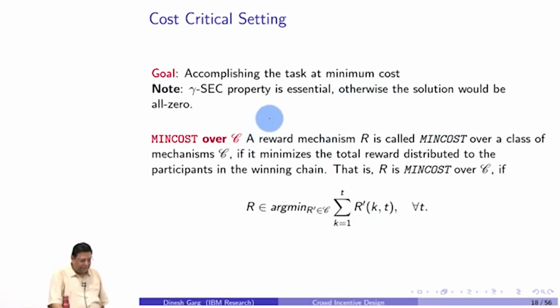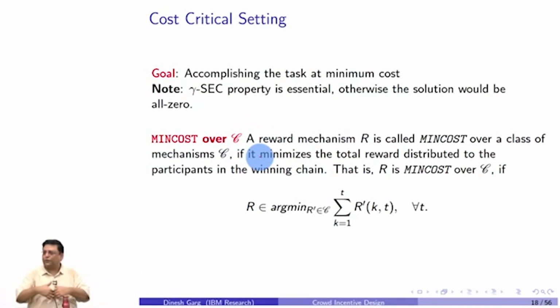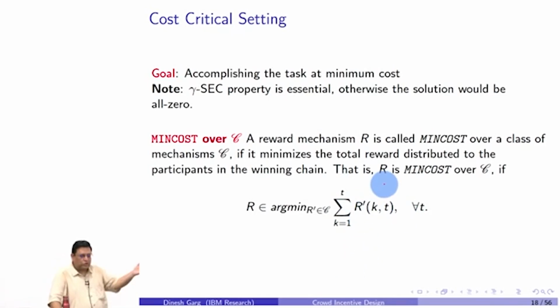So then we define something called C, calligraphic C. This is the space of all the reward mechanisms. Think of them as the space of all functions of this type, R, K, T. This is the space of all possible functions over which you want to pick some function such that, first of all, the total cost under that mechanism is as low as possible, number one. And number two, it also satisfies all those niceness properties which we talked about, right? Leaf nodes, gamma security, non-leaf nodes, delta security, then epsilon Sybil-proofness and whatnot, correct?